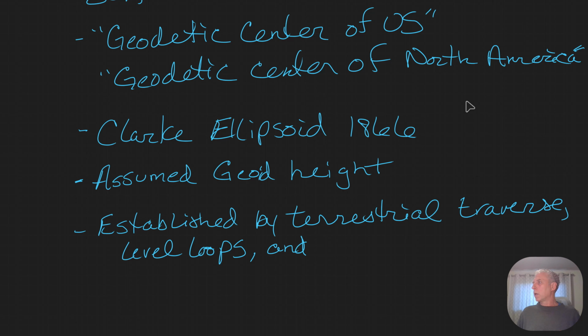And triangulation. So triangulation was a big part of laying out the NAD 27 network. And then through the traverse, or in the course of the traverse and level loops, they collected